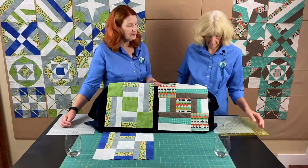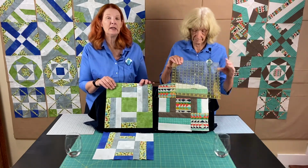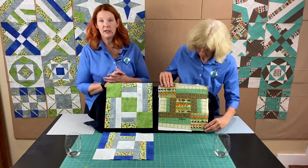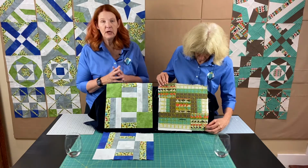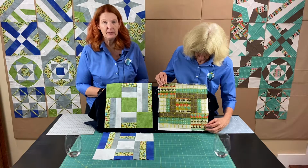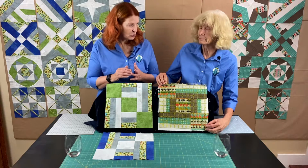Okay, on the squaring up, if you're going to cut it to look like a wonky thing like we do this year, then just lay your ruler on it, make sure you have fabric under all of it, and trim it. And that's all you need to do. If you want it to be symmetrical,